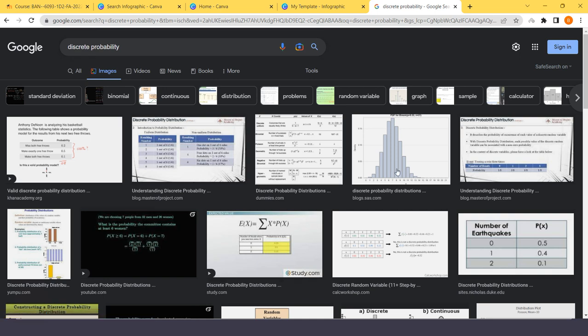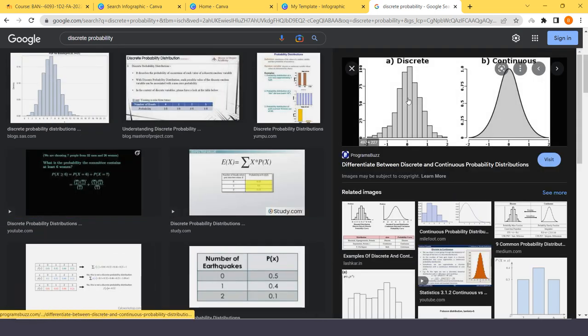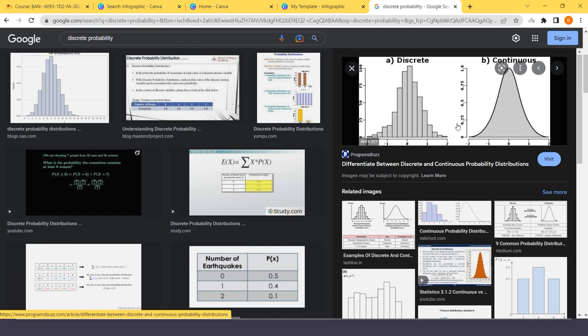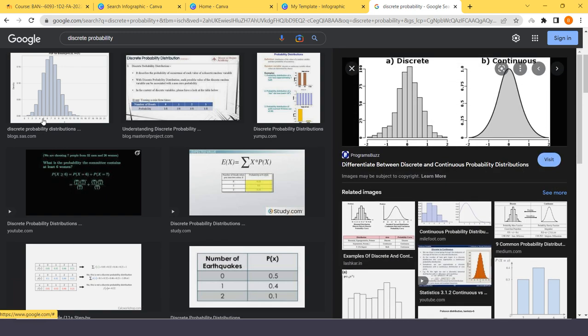I can get some image related to that. No, I want it individually. If we have it like this, again I need to go to Paint and copy it from there. So for this discrete,